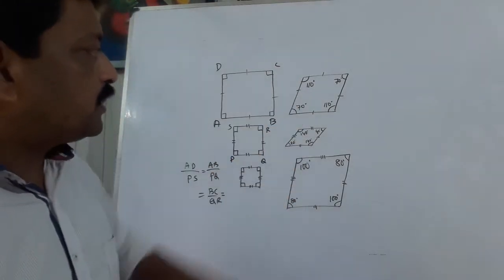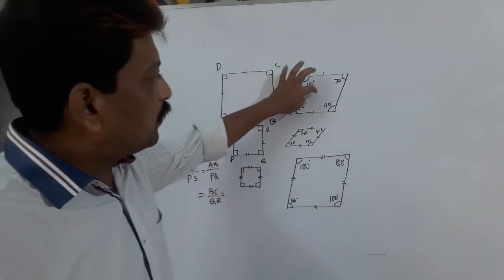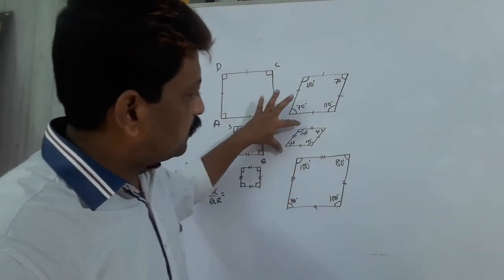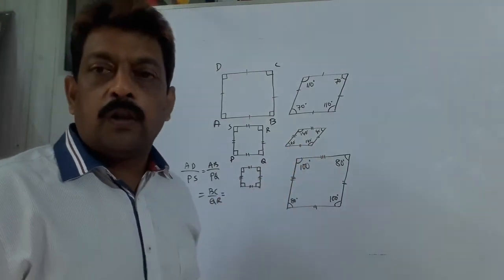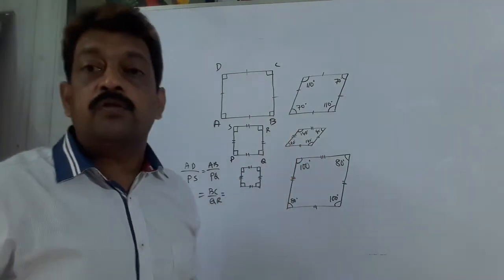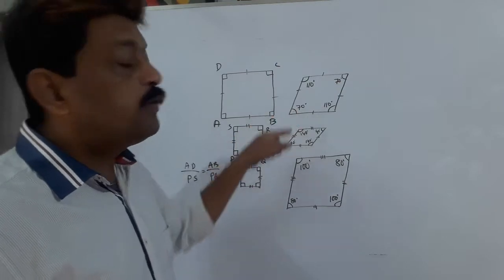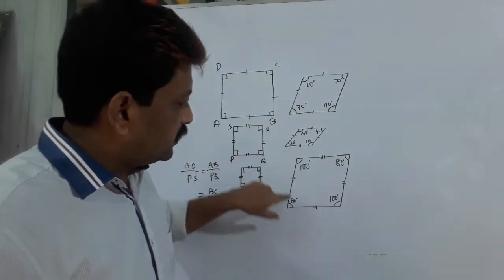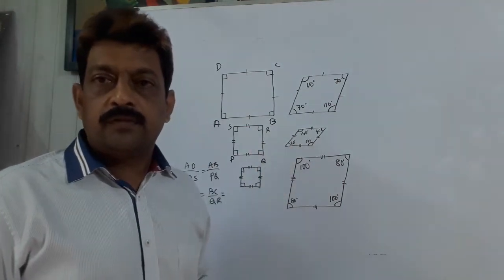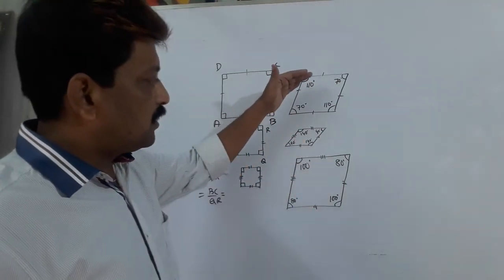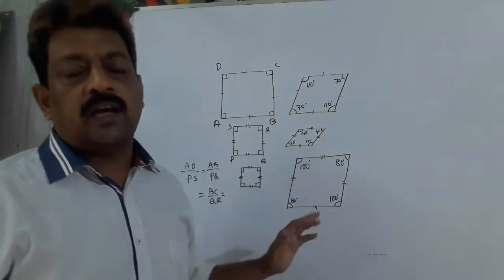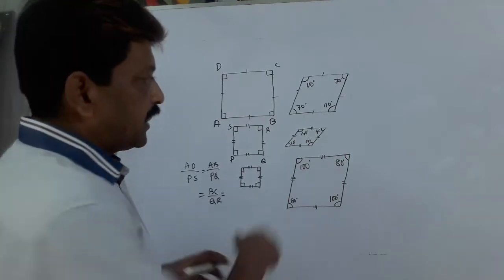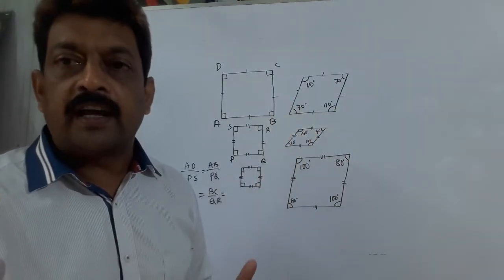But see this rhombus, though in the rhombus all the four sides are equal in all the cases, here all the four sides are equal, in this rhombus all the four sides are equal, in this rhombus all the four sides are equal, but their shape is not same, their included angles are not equal. In this case it is 70 degree, here this is 40 degree, this is 80 degree, but all are rhombus. So we cannot say that these rhombuses are similar, because they can be drawn with different angles.